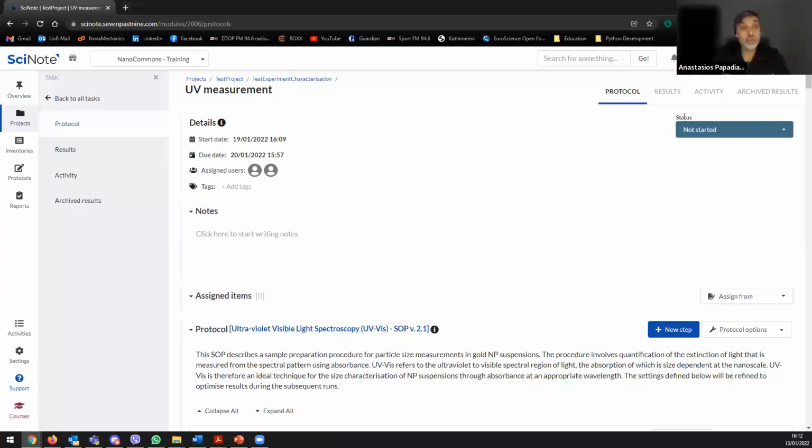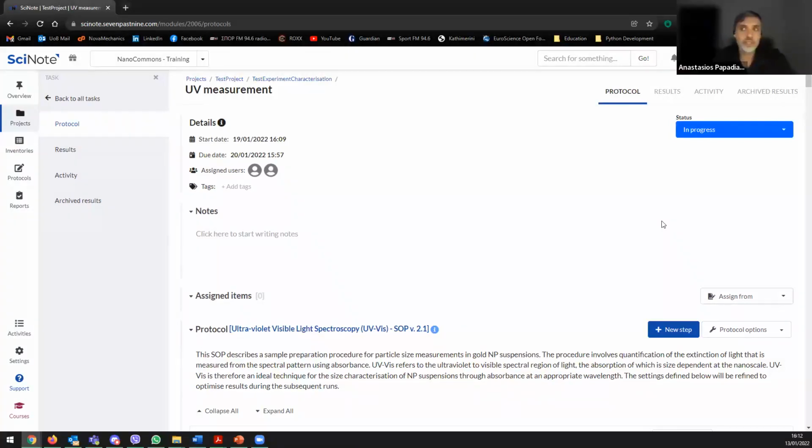So now that we have that, you also have a status that is not started. It will automatically move into progress. But if you want, you can change the status similar to a project management software by clicking in progress. So if you want to start early, you can change it to in progress. And the collaborator that you assign to the ELN,